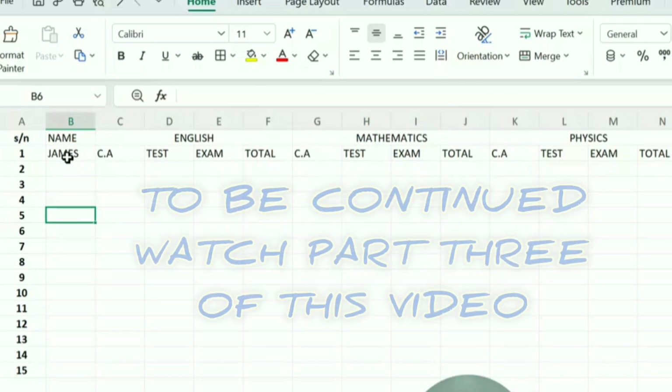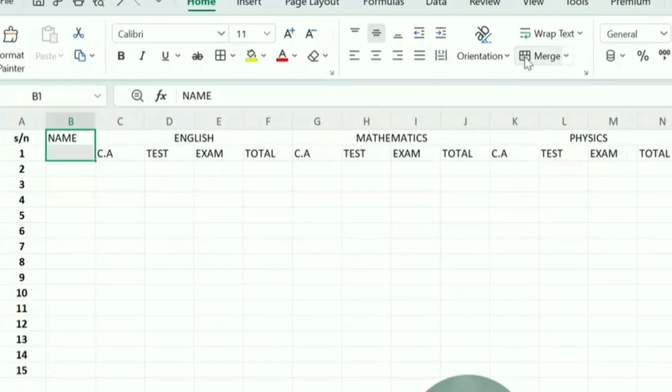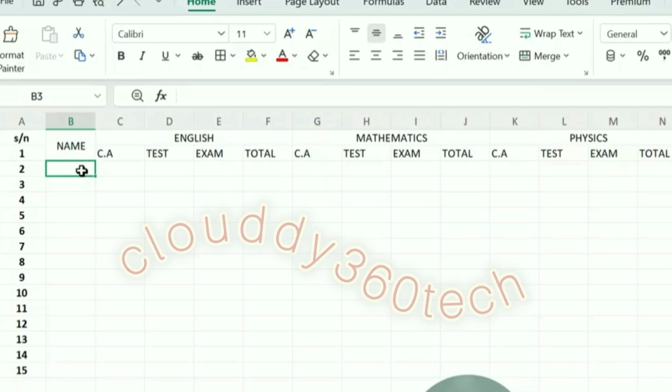So what I'm going to do now is to merge this, right? I have to merge these names and James. So I will come to this place. I will click on this. I will highlight it. I will say merge and center, so I can be able to put James here now, right? This is James. Good. Now, but the problem is, look